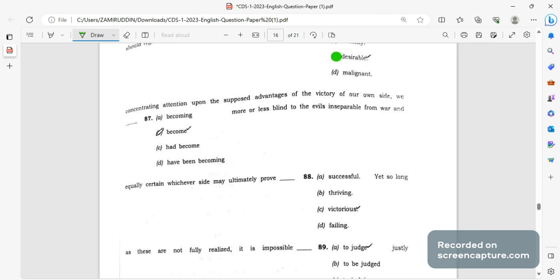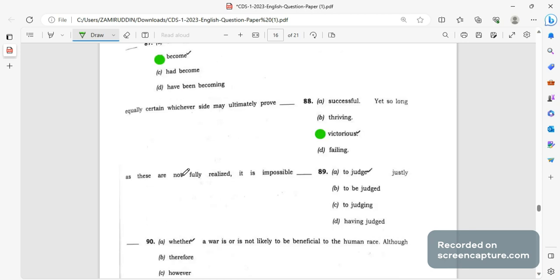Now, by concentrating attention upon the supposed advantages of the victory of our own side, we become, हम क्या बन जाते हैं, we become more or less blind to the evil inseparable from war and equally certain whichever side may ultimately prove victorious. हम विक्ट्री की बात कर रहे हैं, तो ultimately the final thing we are proving to be victory. So the right answer victorious, yet so long as these are not fully realized, it is